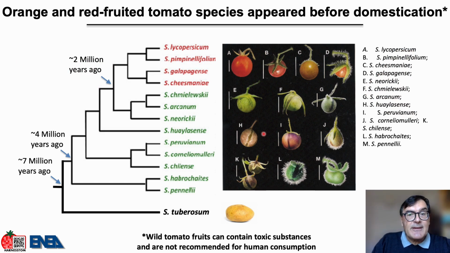Some people think that red color in tomatoes is man-made. This is a common mistake. The tomato clade contains 13 different species, of which 9 have green fruits and 4, including the cultivated tomato and its wild ancestor, have orange or red colored ones. Colored fruits appeared in wild species about 2 million years ago, much earlier than domestication. To give you an idea of the time scale, the last common ancestor between tomato and potato lived about 7 million years ago, and dinosaurs went extinct about 60 million years ago.